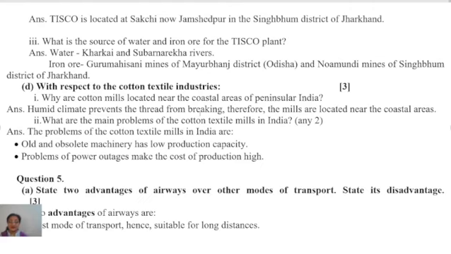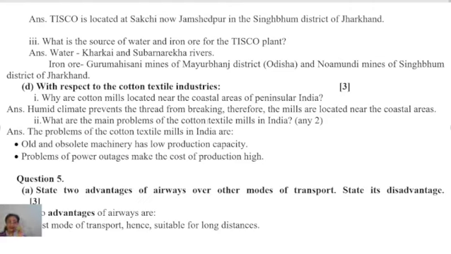Okay, next question is, what are the main problems of cotton textile mills in India? In India we are talking of, right? So problems of cotton textile mills in India are, number one, most of the cotton textile industries are very old, right? So naturally the machineries being used are also old and obsolete. Okay, so naturally it is going to affect the total production, quality as well as quantity both,